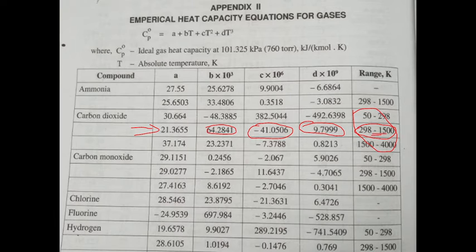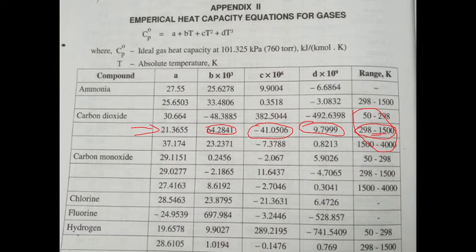Okay. So, how will you take constant value from table? In our problem, given component is carbon dioxide. You take the carbon dioxide in this table. What is the temperature range in our problem? 298 Kelvin to 383 Kelvin. But here the given component carbon dioxide has 3 temperature ranges. Is that right or wrong? Okay.